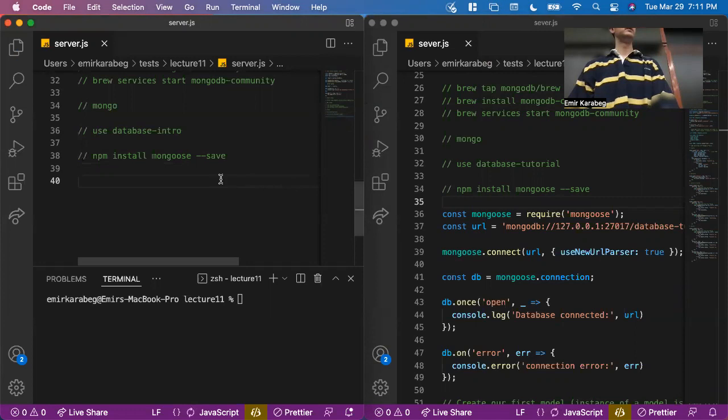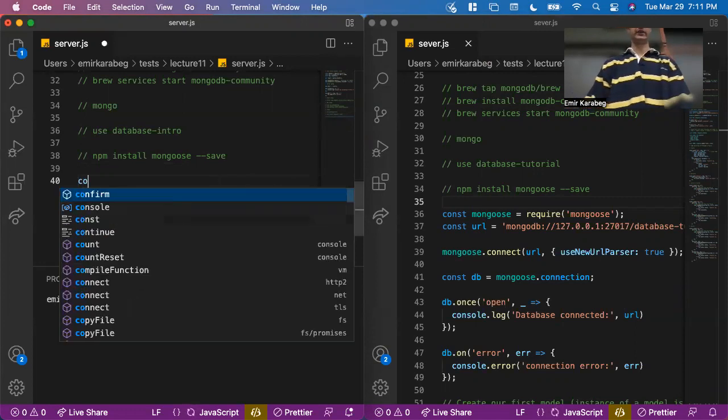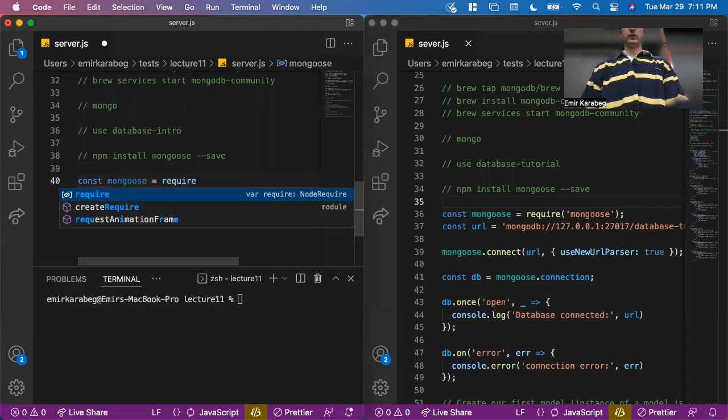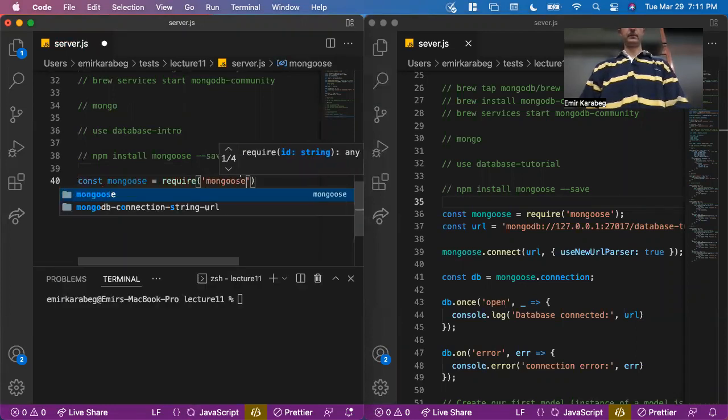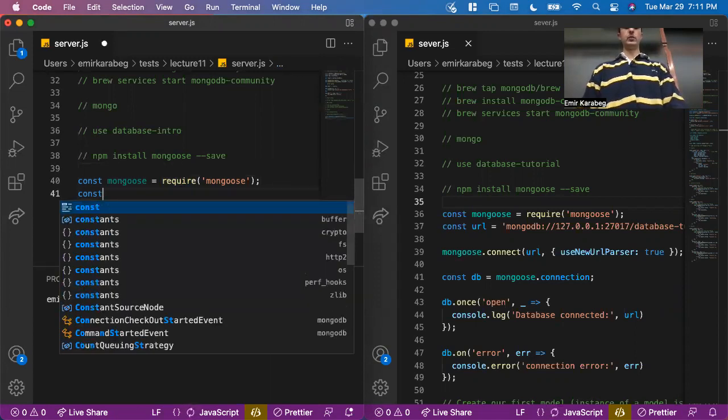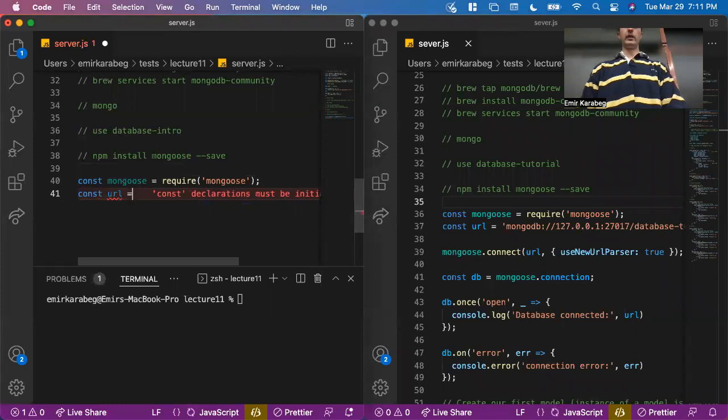Okay, so let's build our first database. What we're going to do is say Mongoose is essentially some library that we're going to use in MongoDB. That's important when you're interacting with websites. Again, it's some library that we have to import. So we're going to say const mongoose = require('mongoose'), and then we're going to say the URL